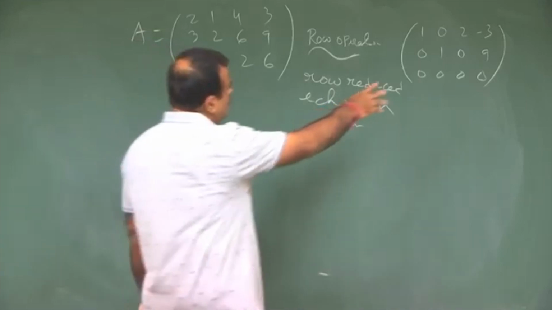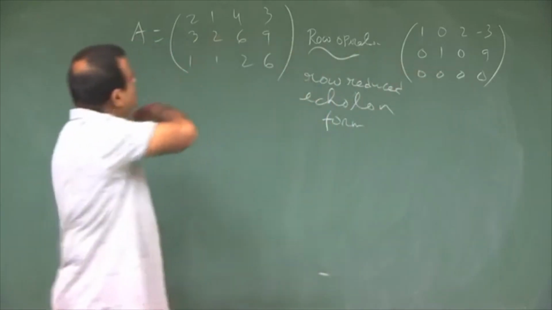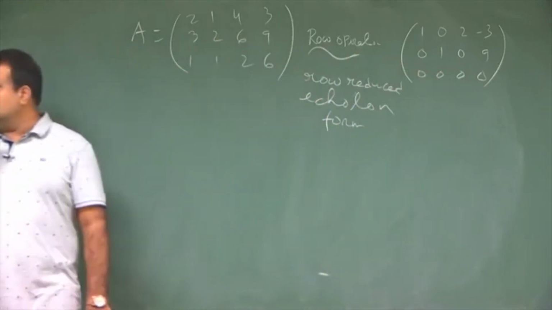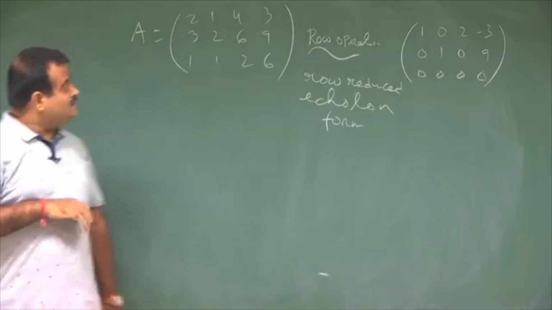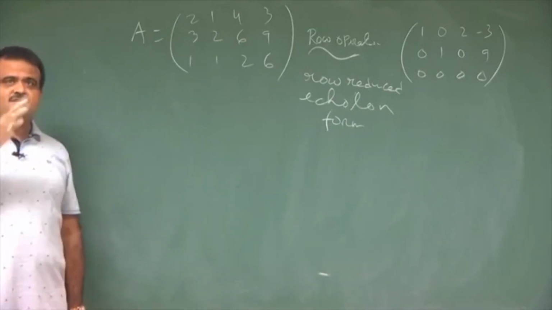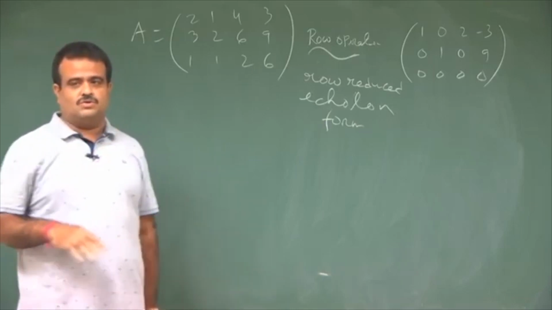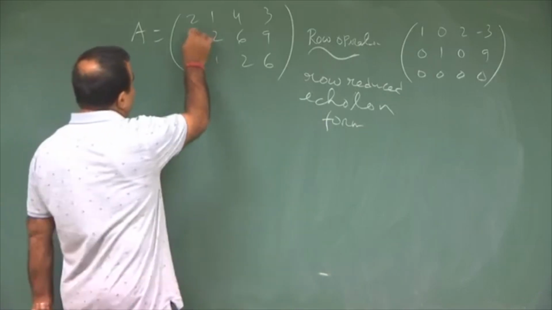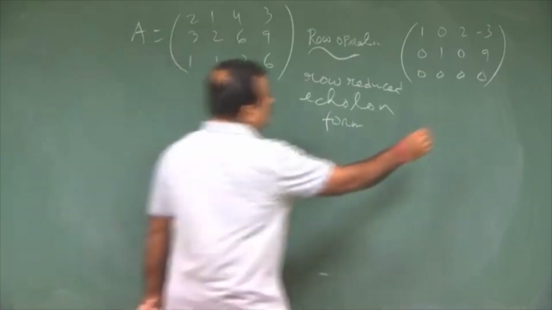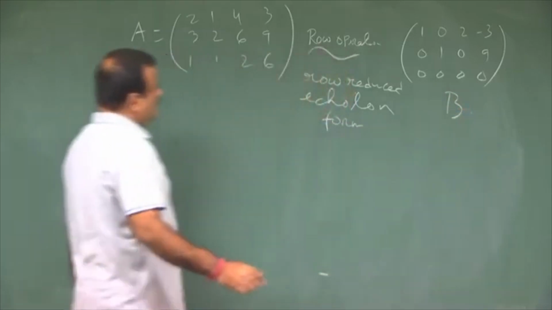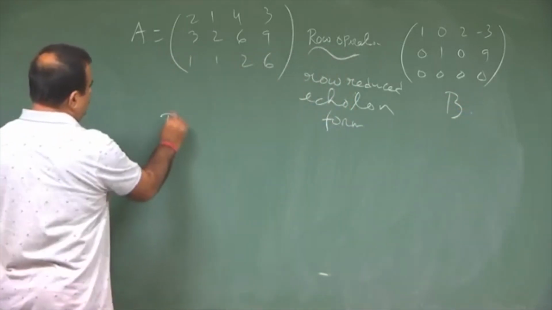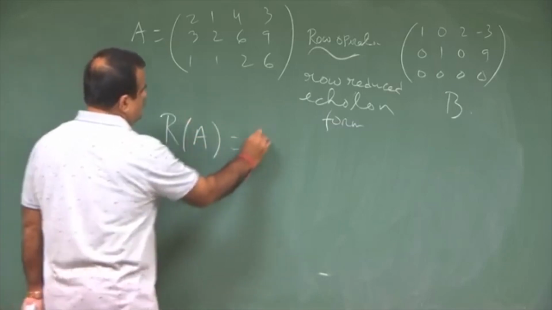But to get this, what did we do? We did just the row operation on these rows. So, that means this is still again a linear combination of these rows. So, if we denote this matrix as B, then the row space of A is the same as the row space of B,